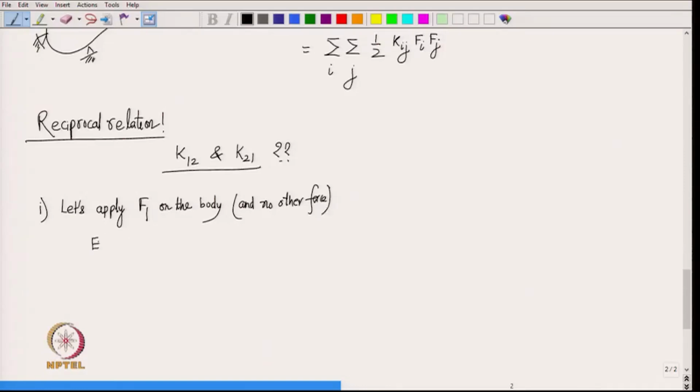So, energy stored would be half of F1 into delta 1, but since only F1 is acting, delta 1 is simply K11 into F1, right. So, this is half K11 into F1 square, and if you think of the body, then here is the body